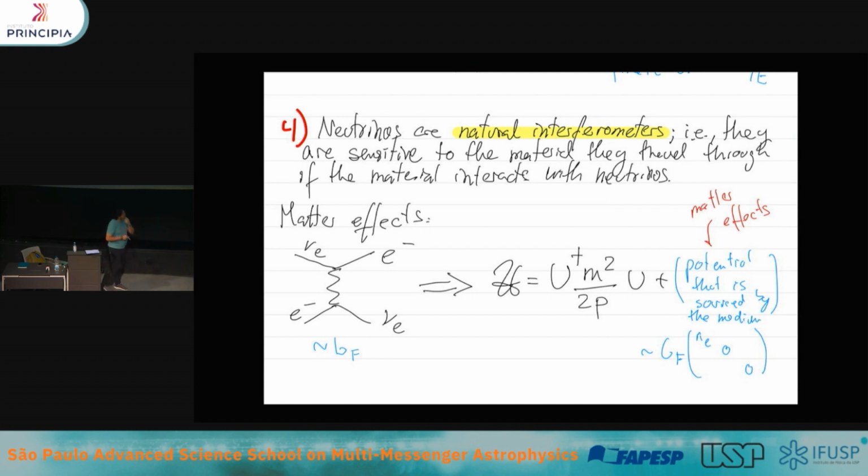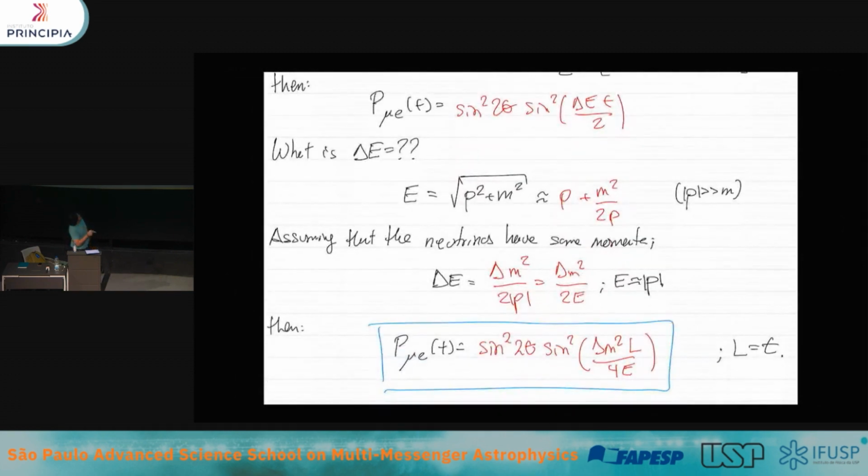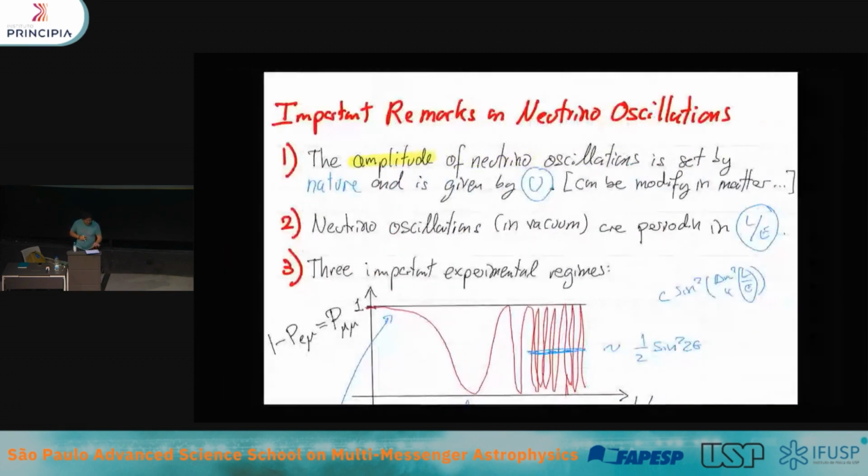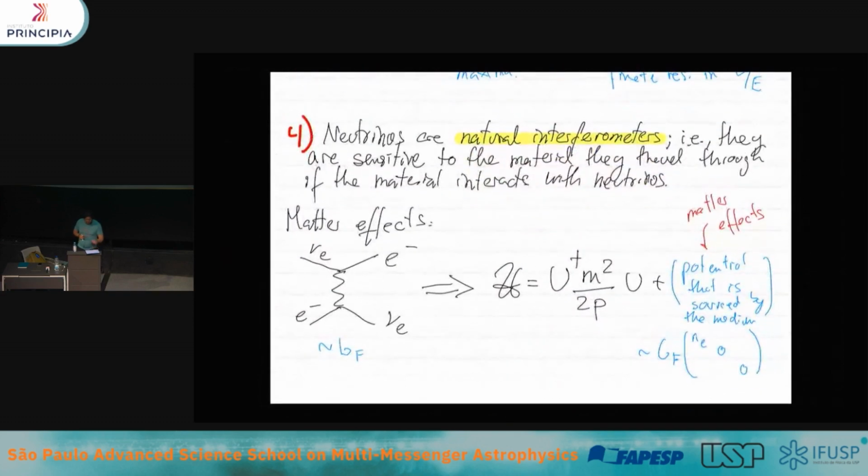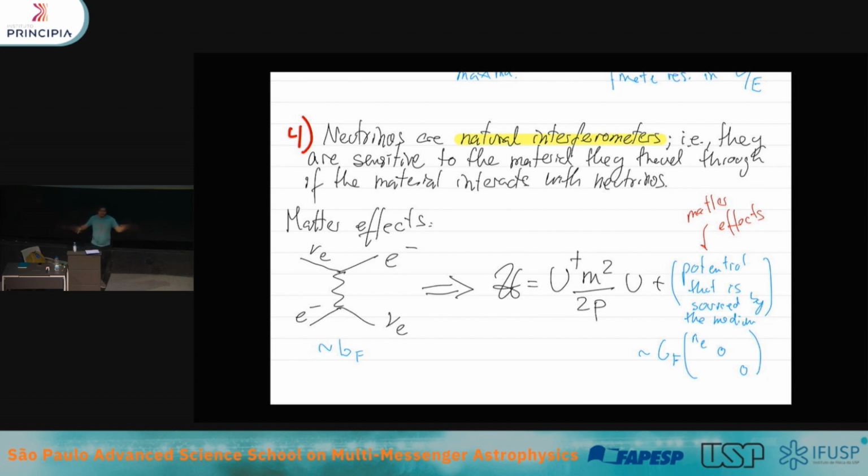Yeah, so can you repeat the question? Sorry. So let me repeat the first question. The first question is, why doesn't this scale like P squared over 2m, which is the classical kinetic energy? And the answer is that what matters is not really the energy, but the energy difference. And the energy difference actually scales like m squared over 2p. And the second question was, I forgot the second question now. Yes. What happens if your source is too far away? Should you put a 1 plus z factor here? And the answer is yes. You need to redshift your energy to account for that. So really good questions. Good.